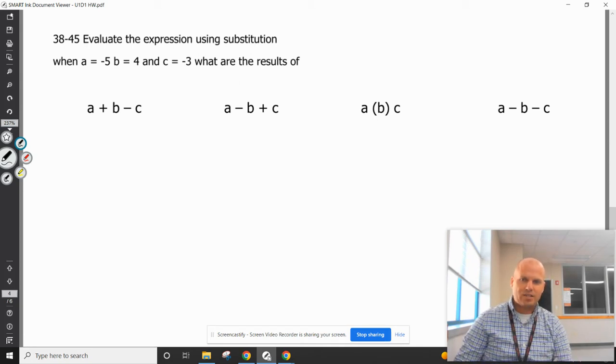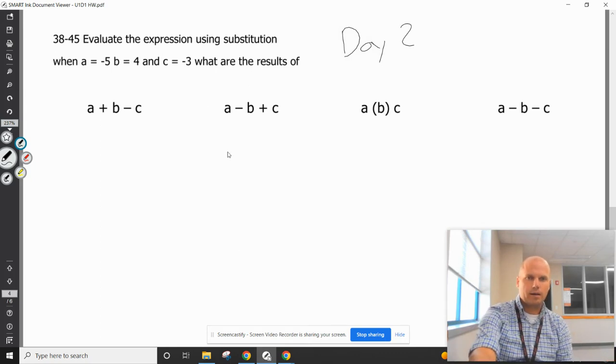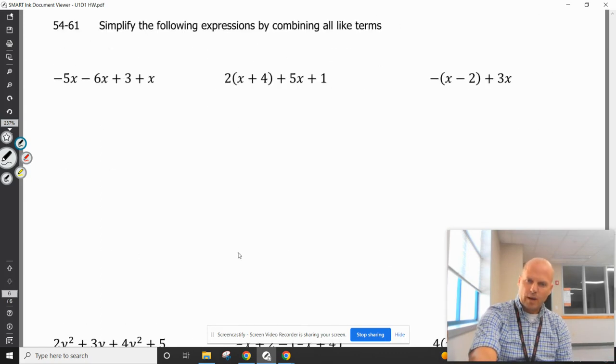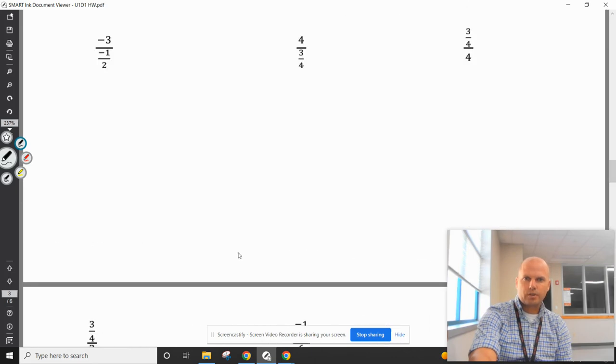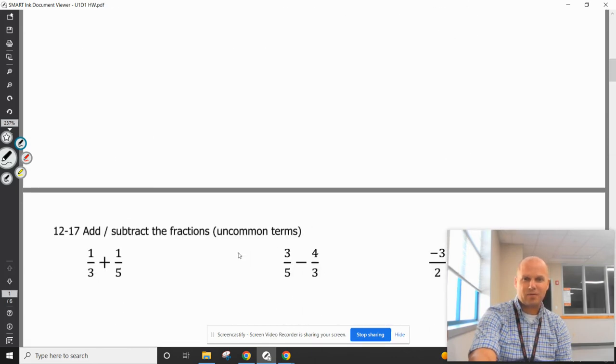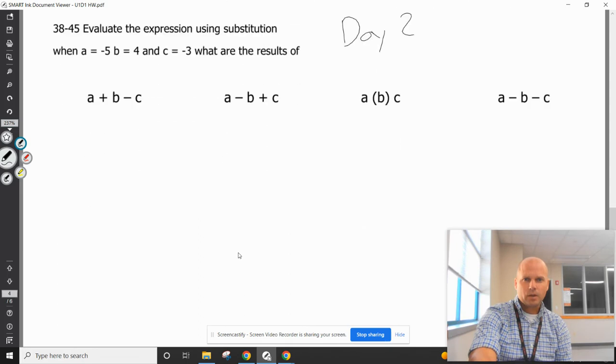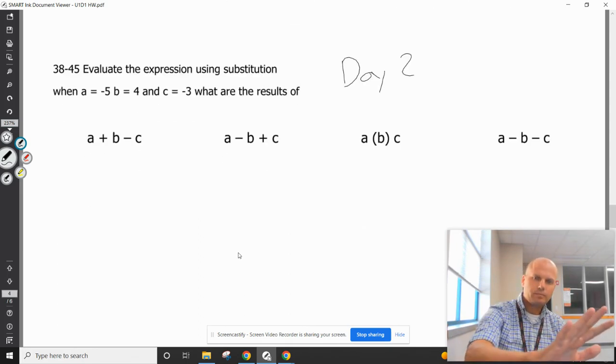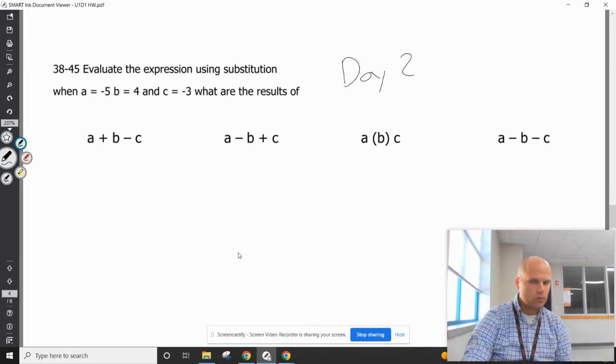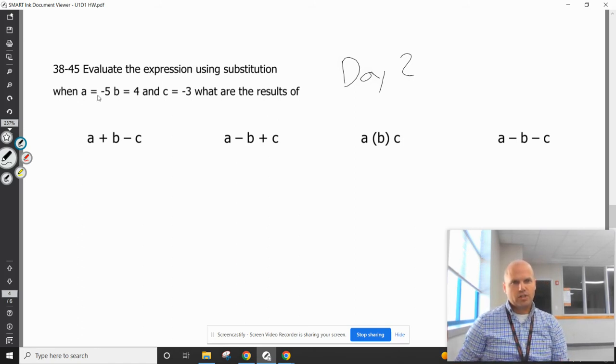This is like the day two homework. This is when we start getting into substituting, combining like terms, order of operations. It's kind of short, but it's just good stuff to practice. This is stuff that we covered in middle school, order of operations and substitution. It's very similar to our notes. So if you can follow your notes and go back to my lesson video, you can maybe understand the reasonings